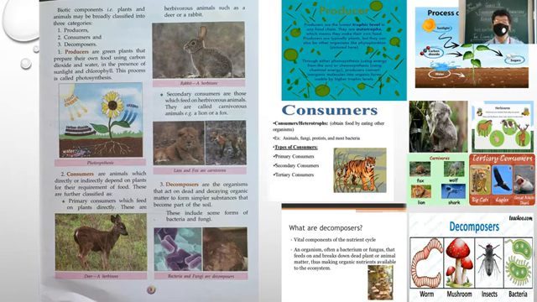In producers, you can see producers are the lowest trophic level in any food chain. They are autotrophs, which means they make their own food. So producers are the ones which make their own food. Producers are typically plants, but they can also be other organisms like phytoplanktons and so on. The picture which is showing over here,